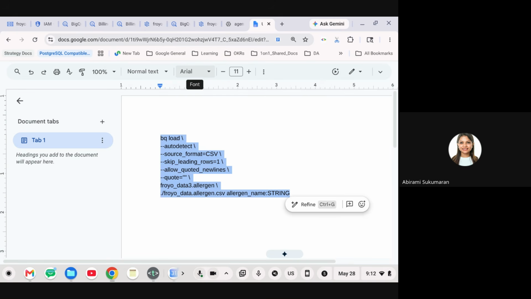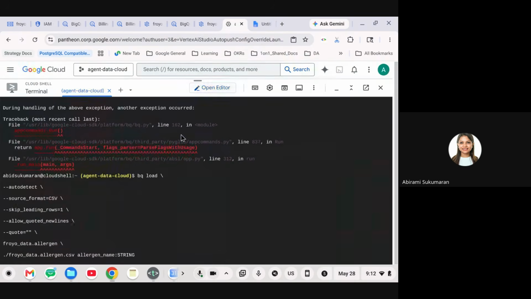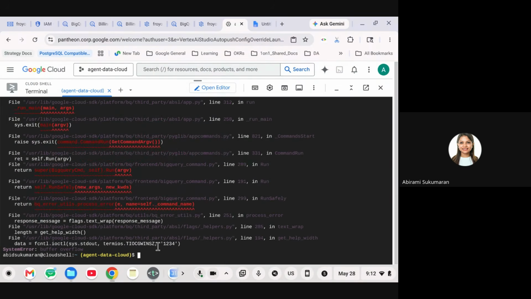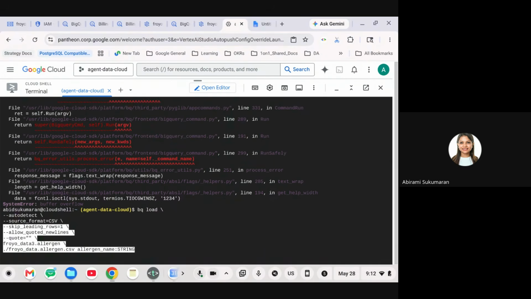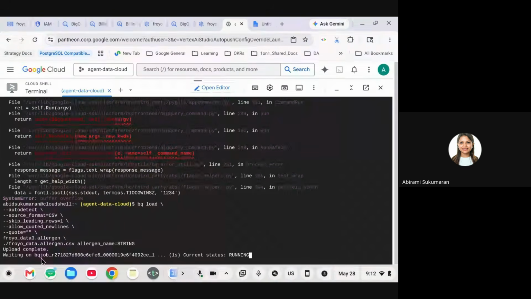So copy that, open it in a text editor or in Google Docs, and then remove the line break in between two commands, and then run it. All right, now it says upload complete.